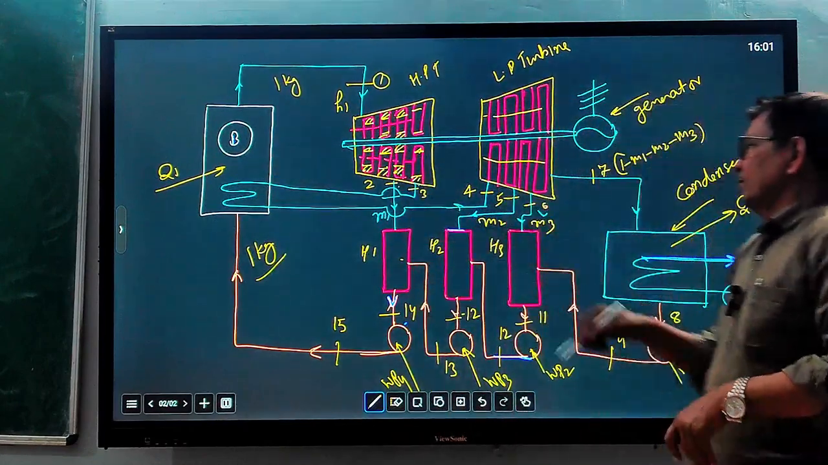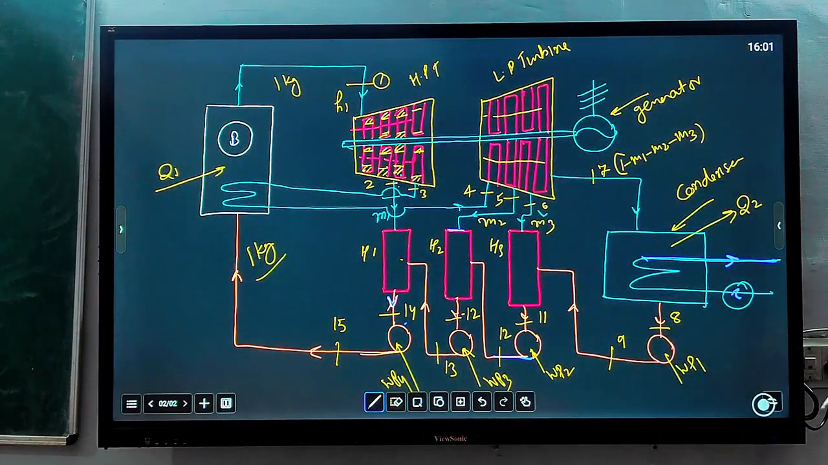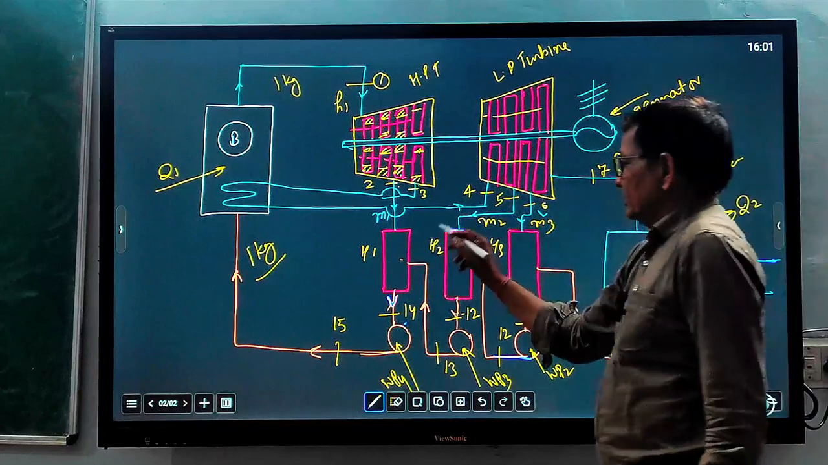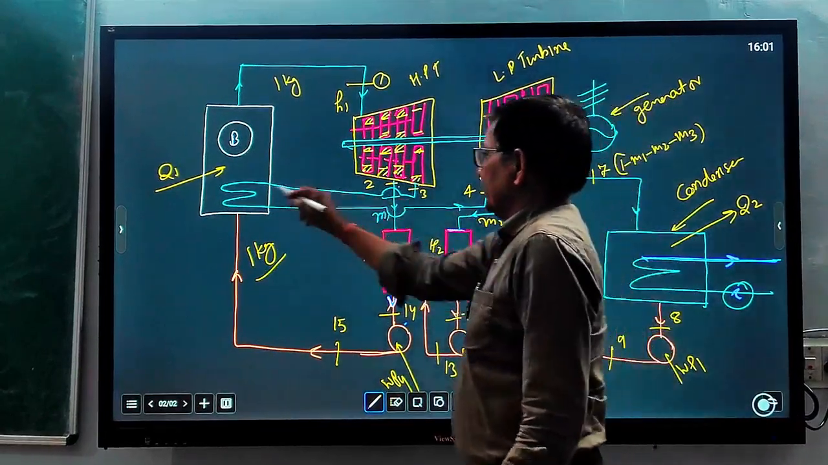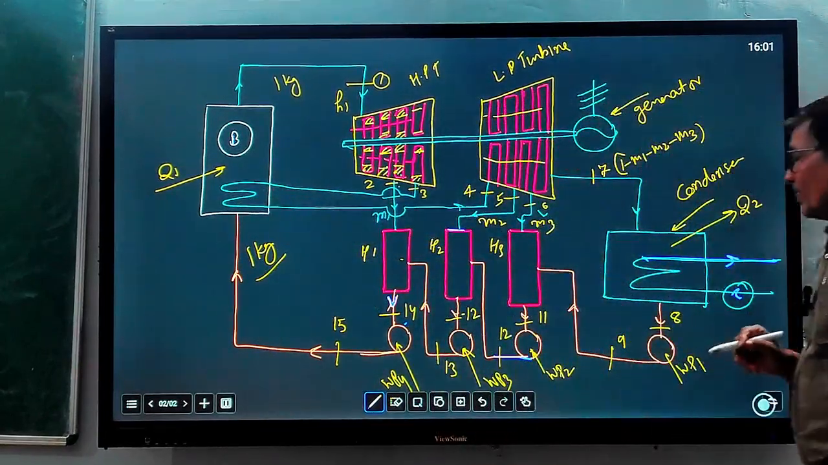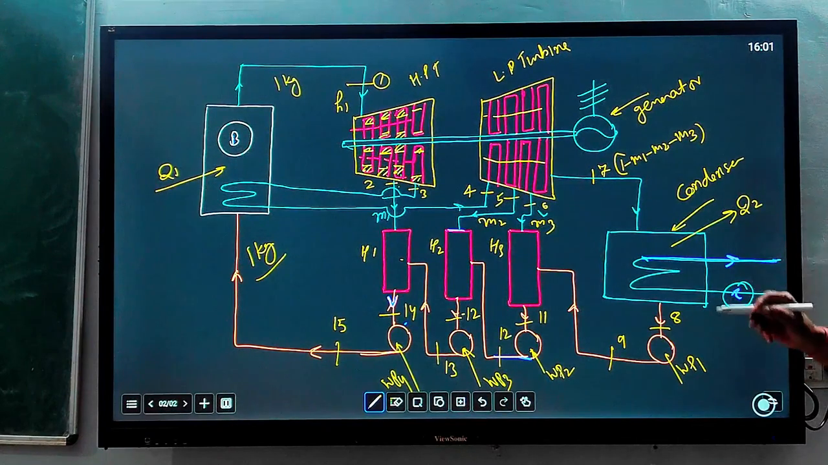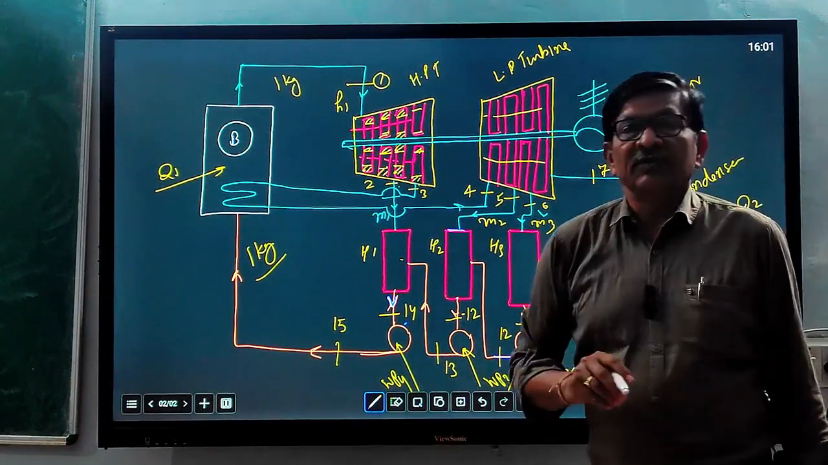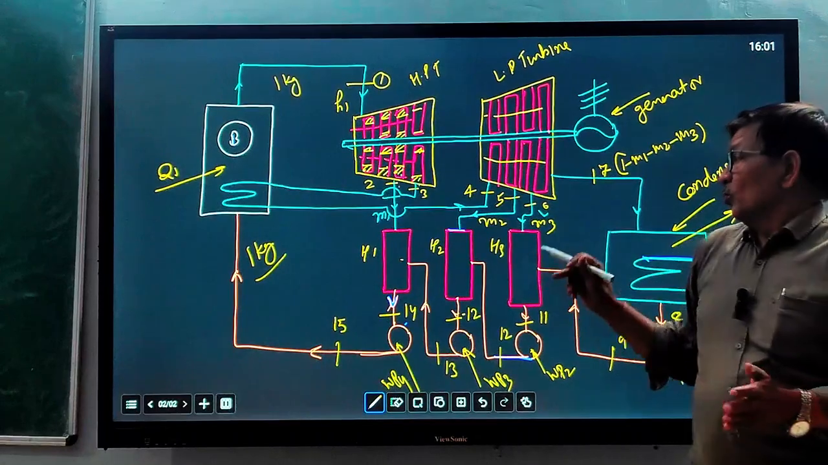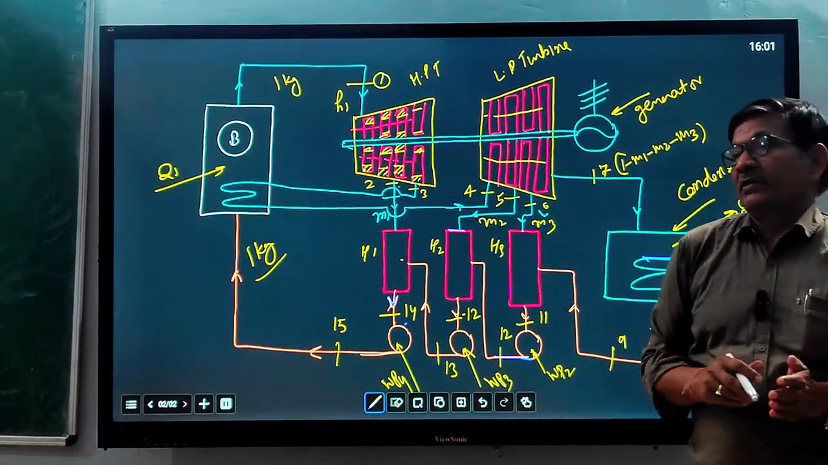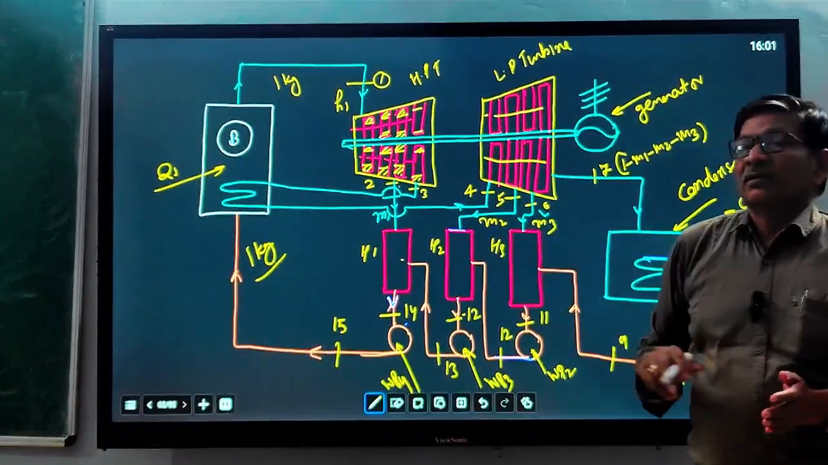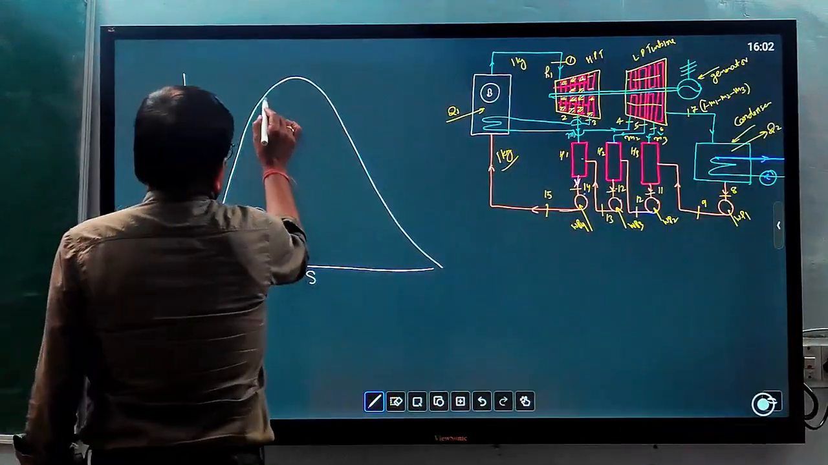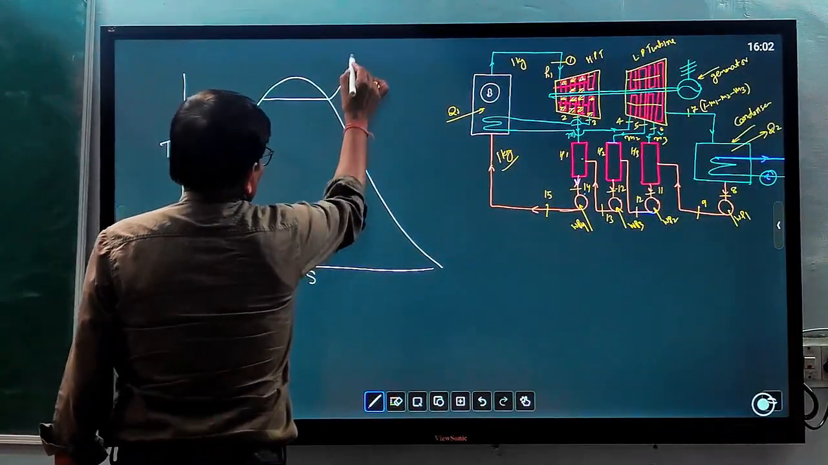So this is a process with reheat and regenerative cycle. Here this is a regeneration and this one is a reheat. Now this process we will see on the TS diagram to understand how we can correlate both processes on the TS diagram with this flow chart. Starting from state 1,